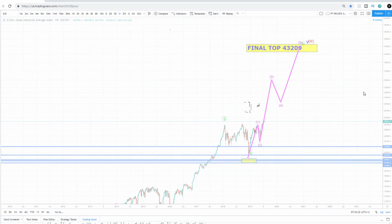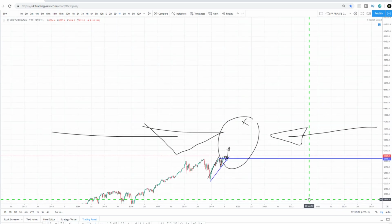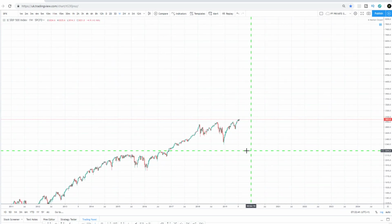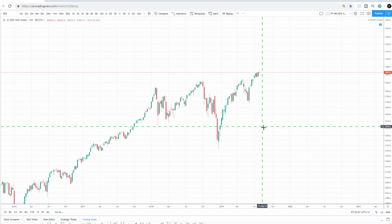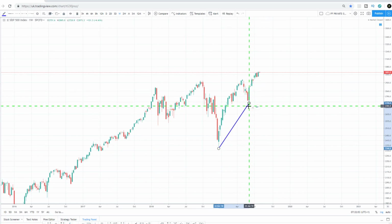SPX, we're looking at a move towards basically 4209. Now short term, obviously, as I've mentioned, we've got the Fed, right? So we have to be a little bit careful here, but this is an inverted head and shoulders. It's a reaccumulation pattern. There is a trend line here which technically has not been retested, so you just connect